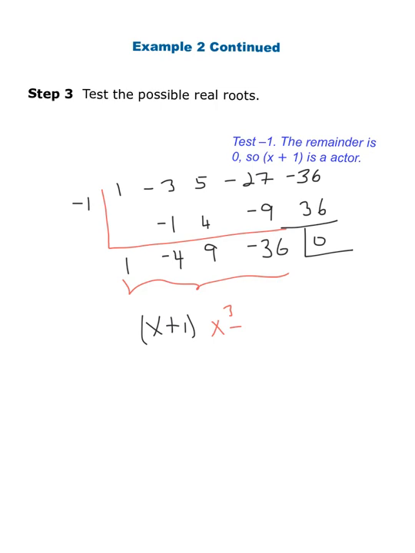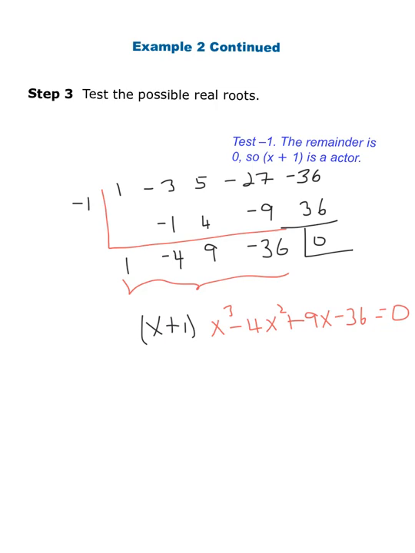Oh, I made a mistake because I copied the wrong coefficients. Minus 4x squared plus 9x minus 36 is equal to 0. Note that, see, I got one of the factors, so I'm now going to move on and test one of